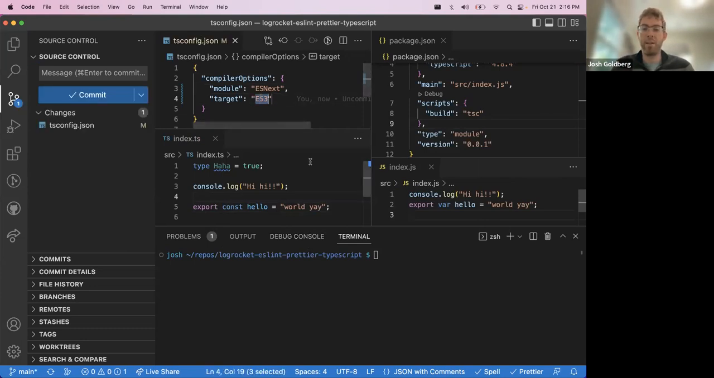But we want to output to newer JavaScript. There's no need to support ES3 anymore, or even ES5. Fun fact, the vast majority of users are running on evergreen or constantly updated environments. And unless you're supporting weird old legacy users, you can probably use ES2021 and almost certainly use ES2020 as your target. If we run npm run build again, after changing our target to ES2020, we see that